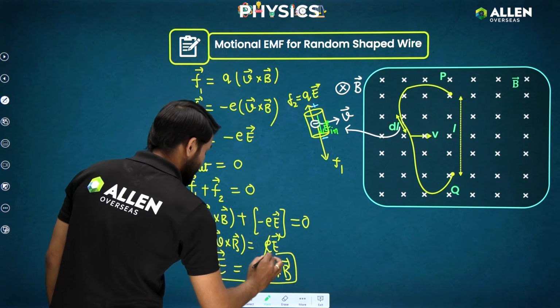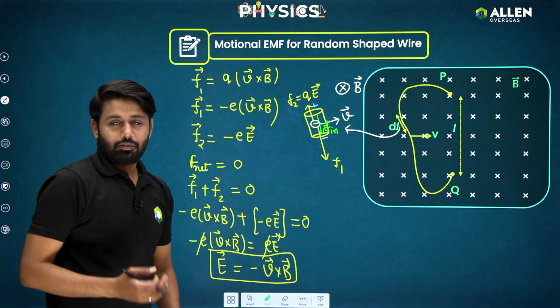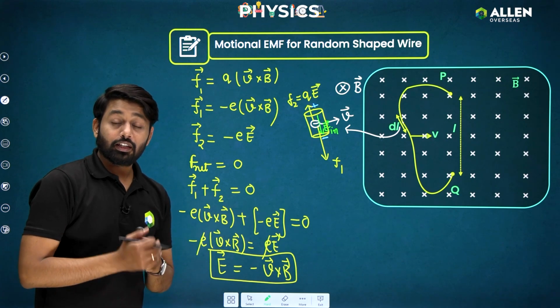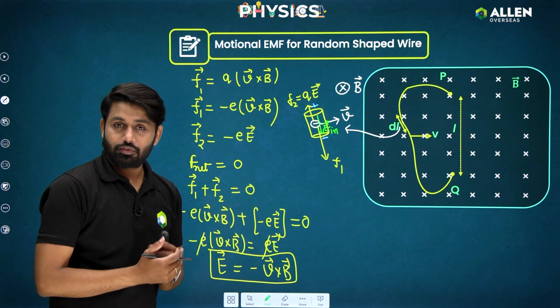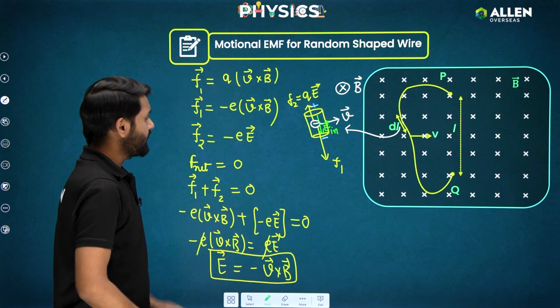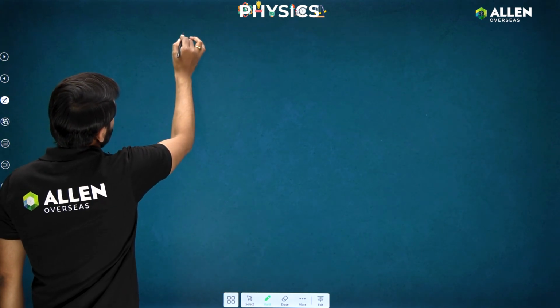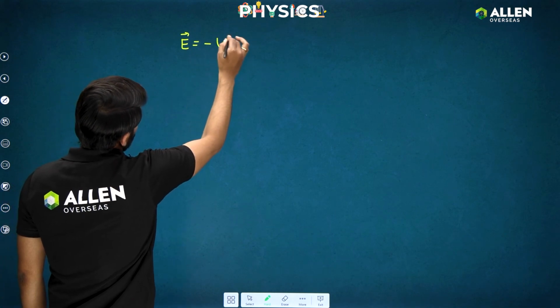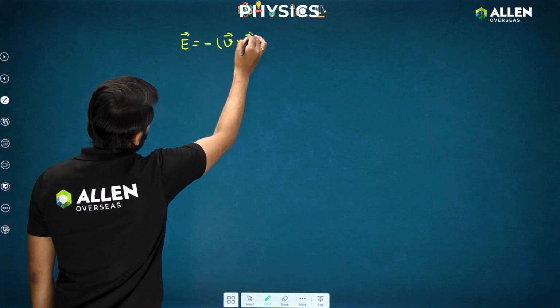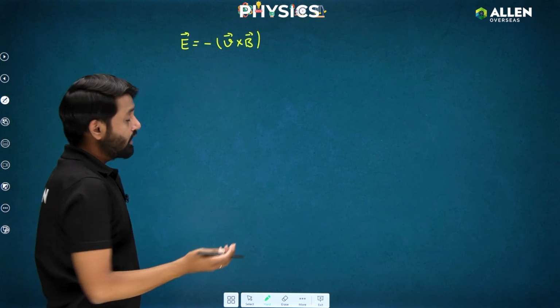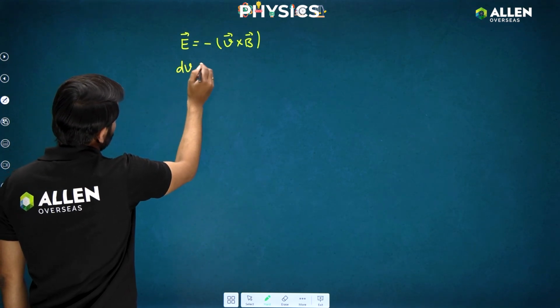This is your induced electric field. If there is induced electric field, then you can easily find out potential difference, right students? So let's find. See, induced electric field is minus V cross B, and there is relation between potential and electric